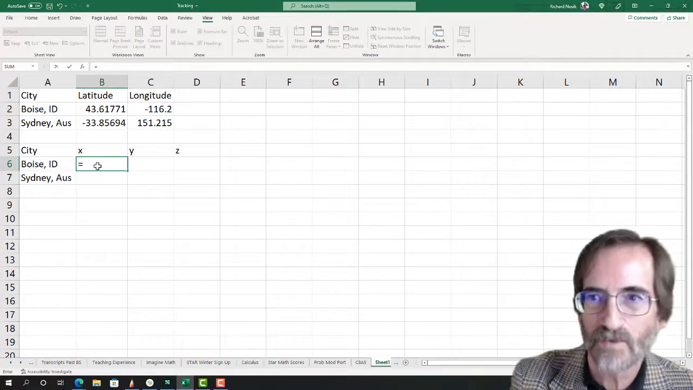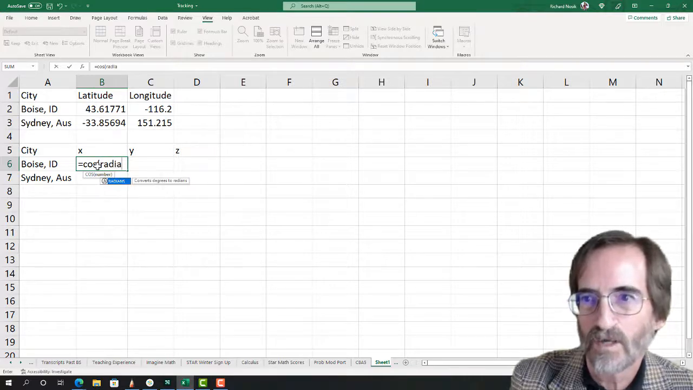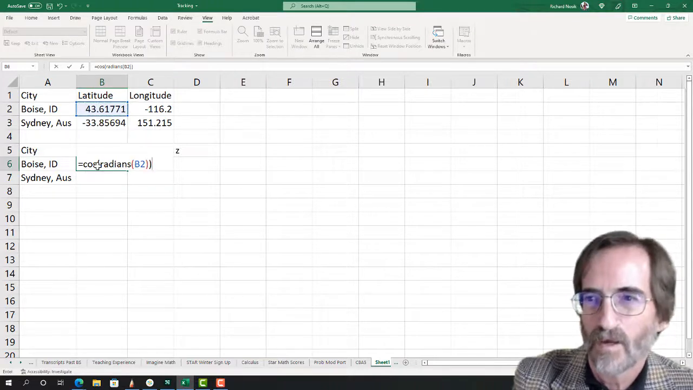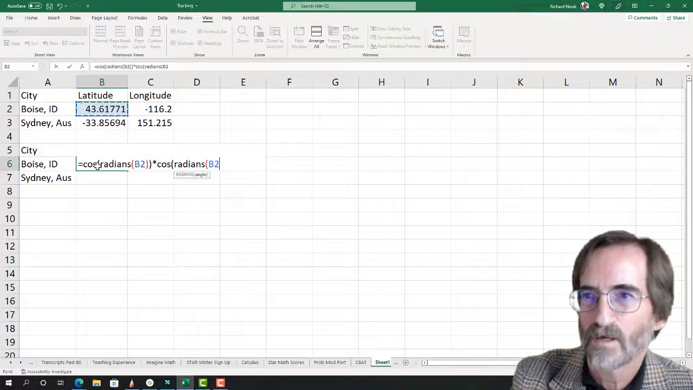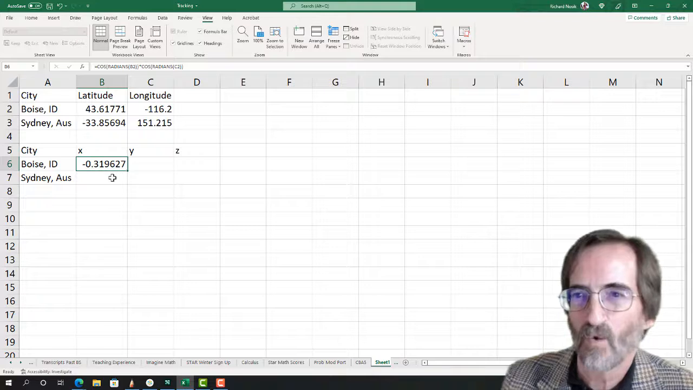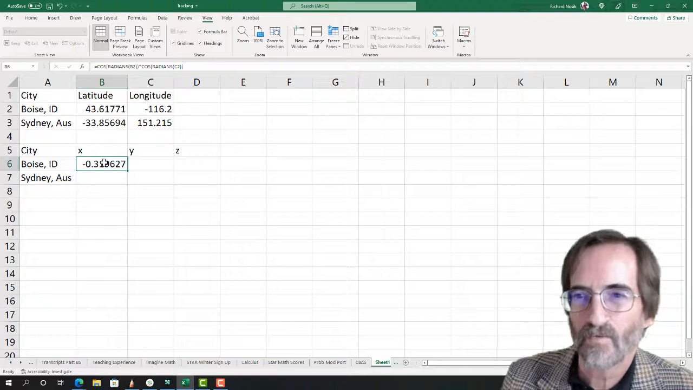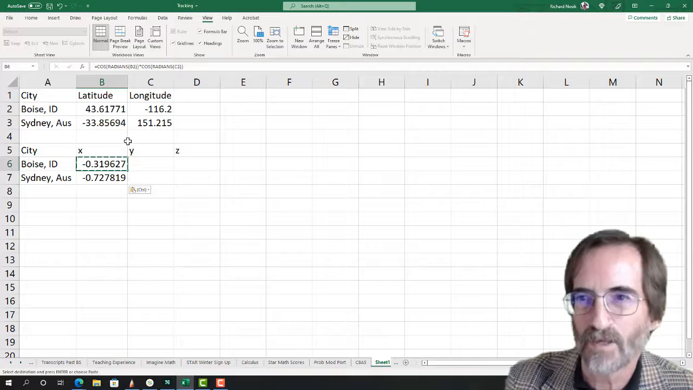Okay, so we're going to type equals cosine. And now I point to the latitude, but I need to convert that to radians. Radians. And now I'm going to point to the latitude times cosine. And I'm going to, again, type in radians. It's the radians function. Longitude. Okay. And we get a Boise has a negative x-coordinate. Okay. And we can do the same thing, just copy and paste, and it automatically updates to the next row,